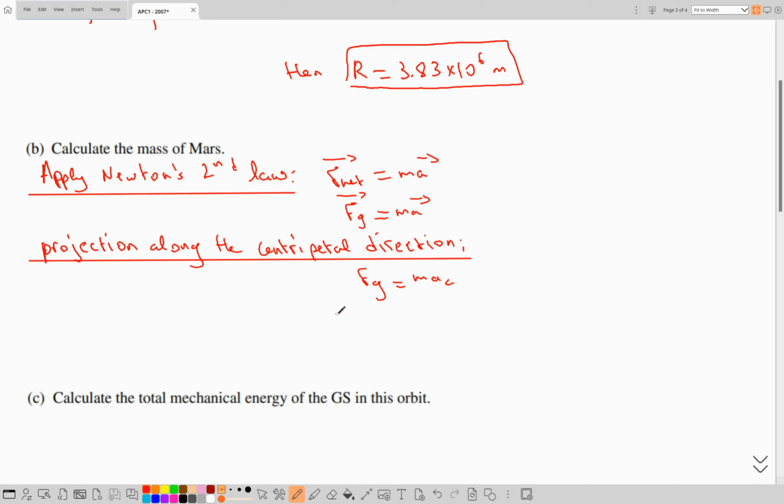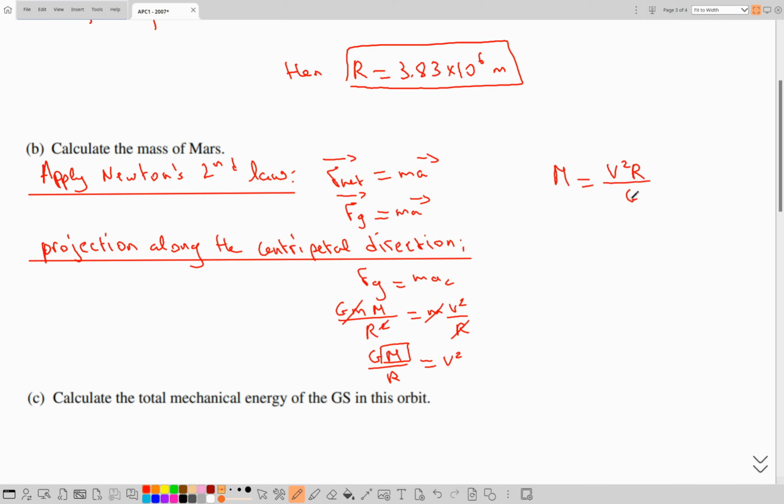Now the pull of gravity would be given by the coupling constant G, the orbiting mass, the central mass, divided by r square, and that would be equal to mv square divided by r. Now we can start applying the cancellation effect. Small m with m cancels, and we end up with GM divided by r equal to v square, and we're interested in finding M. The small mass is the orbiting mass, the big M is the central mass, and we have everything. Then if you isolate for the central mass, it is given by v square multiplied by r divided by G,